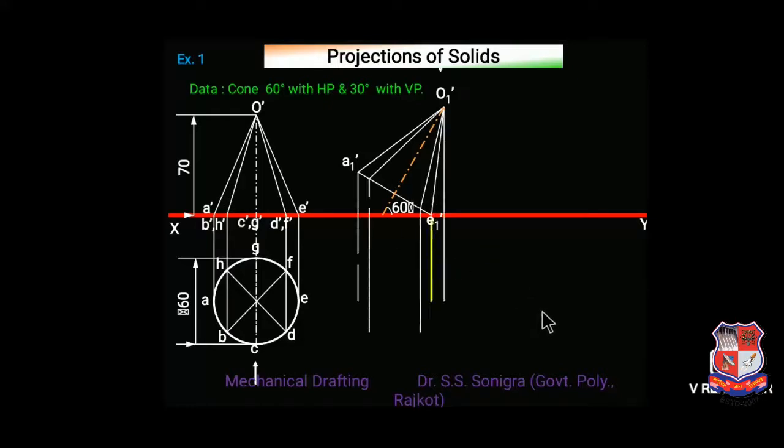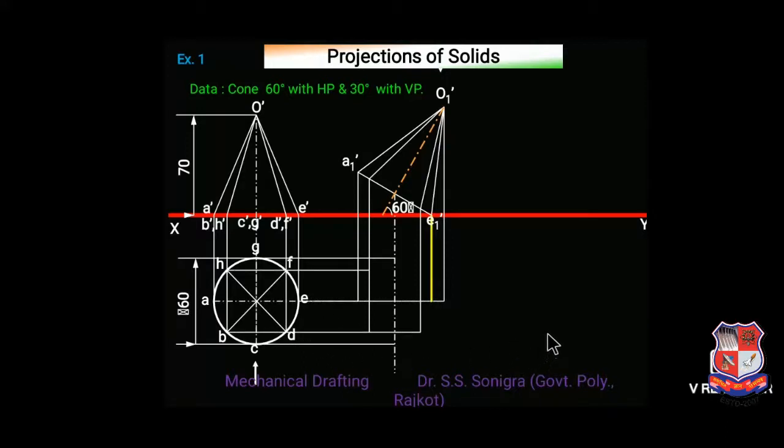From these points, draw vertical lines, and from these points, draw horizontal lines. Find out point of intersection as we discussed earlier and name the points. Join these points with a smooth curve, and that is an elliptical base, and this is apex point O dash. And if you are looking from top, this inner portion will not be visible, so this will be dotted line, and join this